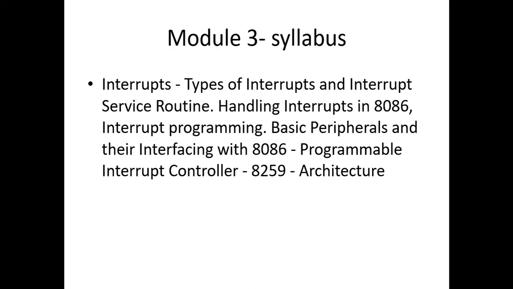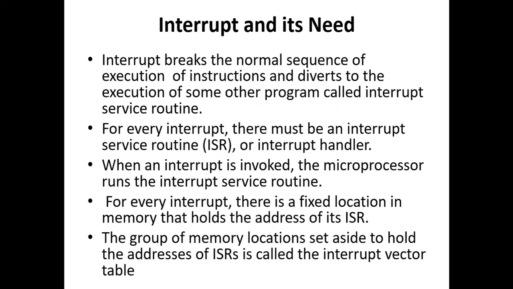Interrupt is one of the most important features in microcontroller applications. Consider a microprocessor system which receives data and change in status from an IO port or IO device. There are two methods available to obtain an input: one is polling and the second one is the interrupt method. In the interrupt method, whenever any device needs service from the microprocessor, the device notifies the processor by sending a signal. That signal is called an interrupt.